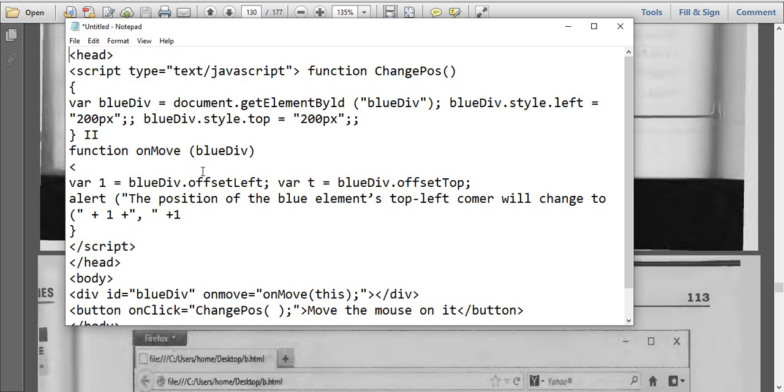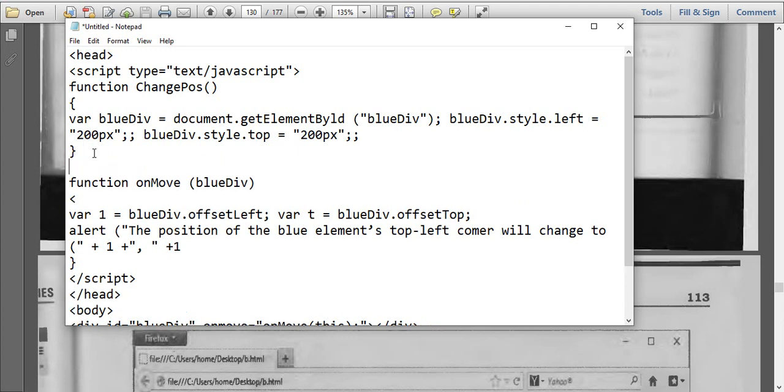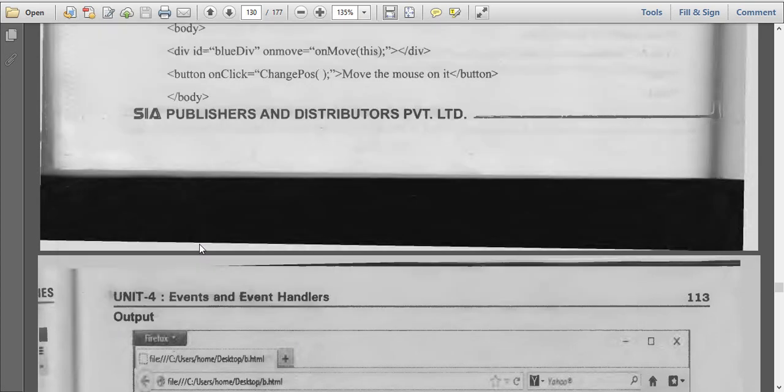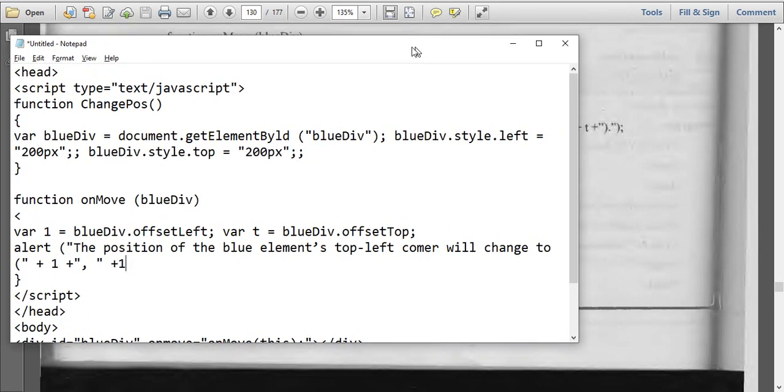Okay, right. Now, this is the function change position, function on move. Something has been missed here.